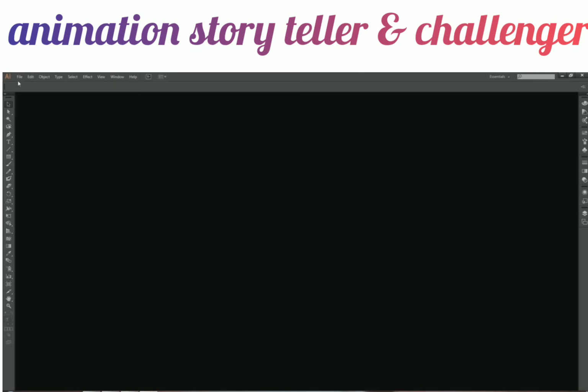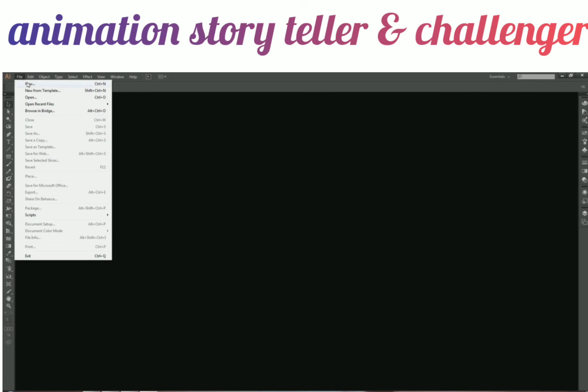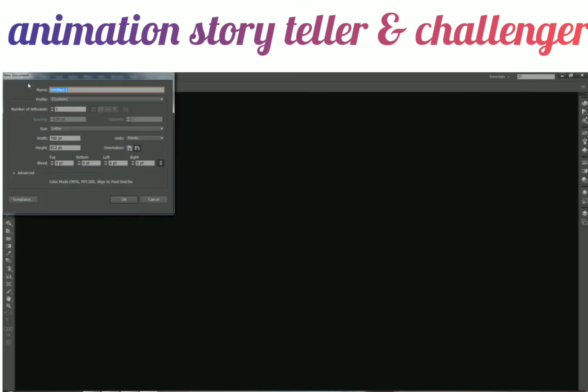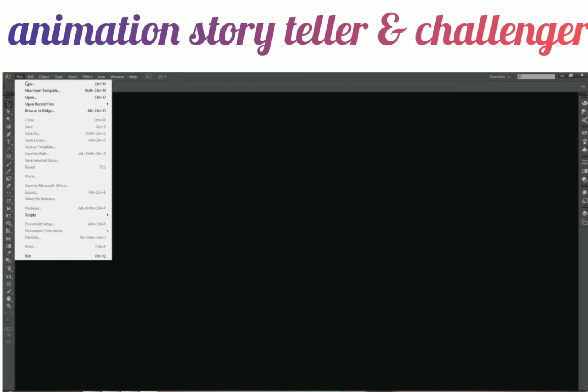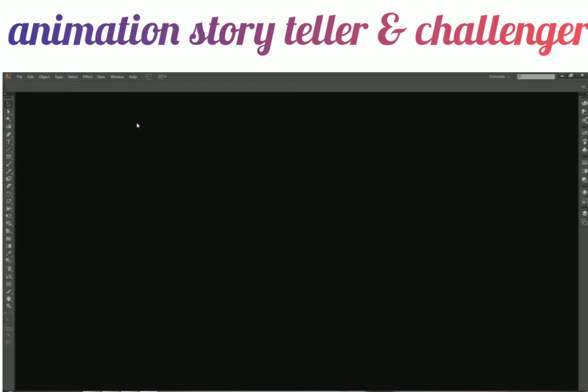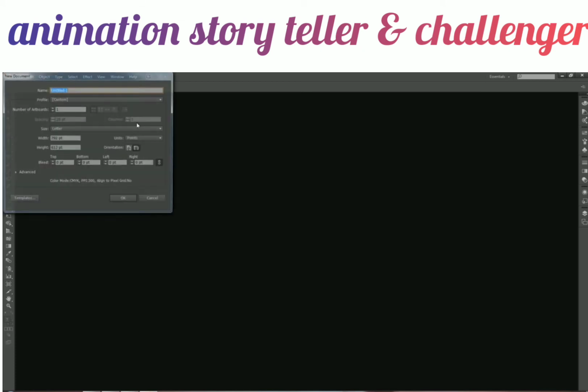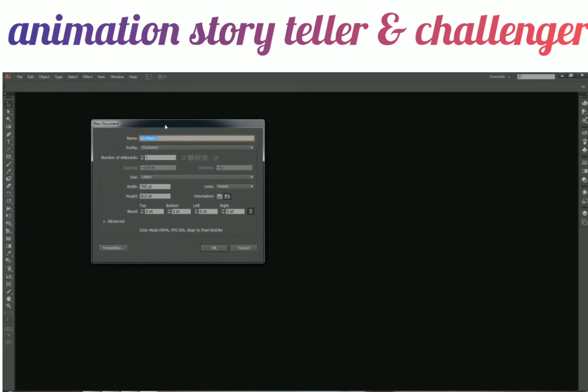So let's start with the file menu, and click on new. What this will do is open a new file. Now if you have paid attention, when you click on file and click on new, there's something written beside new which says Control N. This is the shortcut key. All these keys are shortcut keys. So if I want to create a new file, I can just press Control N on my keyboard instead of clicking over there, and this gives me this dialog which says new document.